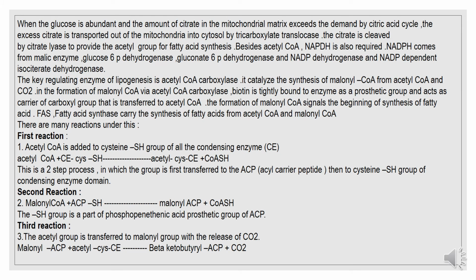When glucose is abundant and the amount of citrate in the mitochondrial matrix exceeds the demand by the citric acid cycle, the excess citrate is transported out of mitochondria into the cytosol by the tricarboxylate translocase. The citrate is cleaved by citrate lyase to provide the acetyl group for fatty acid synthesis. Besides acetyl coenzyme A,